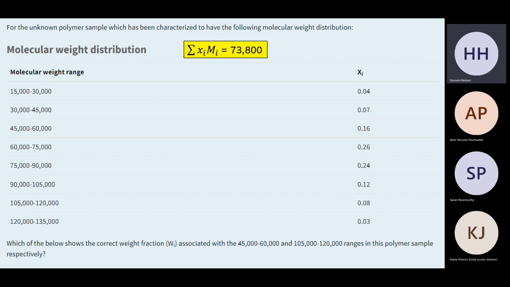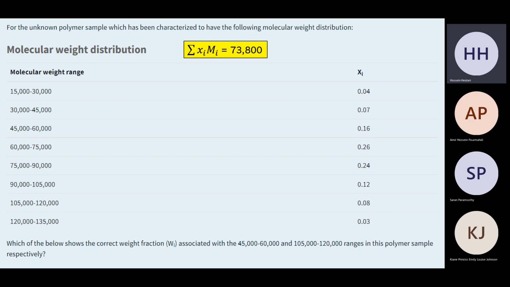Now, the reason I did this was this actually goes down to what you just mentioned, which is 0.16. It doesn't matter if I have 1,000 molecules, 100,000. It's always going to be the ratio of these two populations, going to be the number fraction for that group, right? So all I have to do is to multiply the number fraction by the representative weight for this subcategory, and then divide it by the overall average. Okay, so that's what you do in order to calculate the weight fraction.